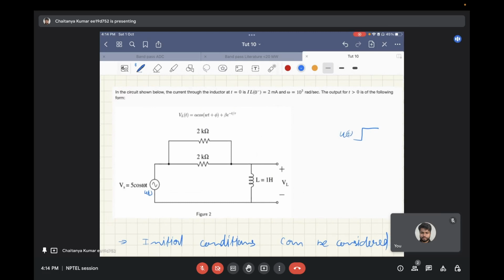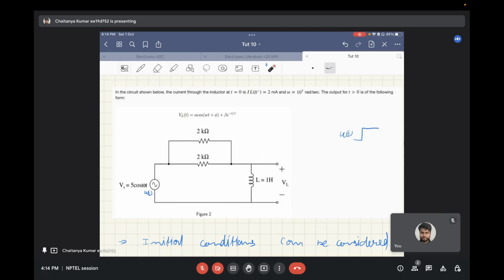And initially, just before the application of this input, the initial condition of the inductor current is given as 2 milliamps. So after t equal to 0, you need to find out the response of this complete